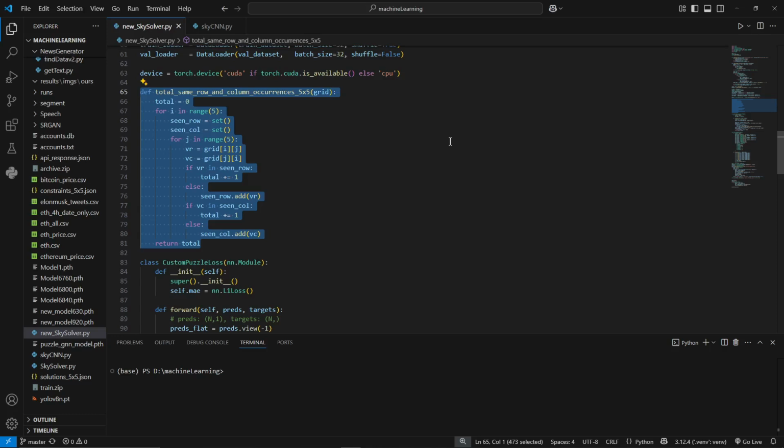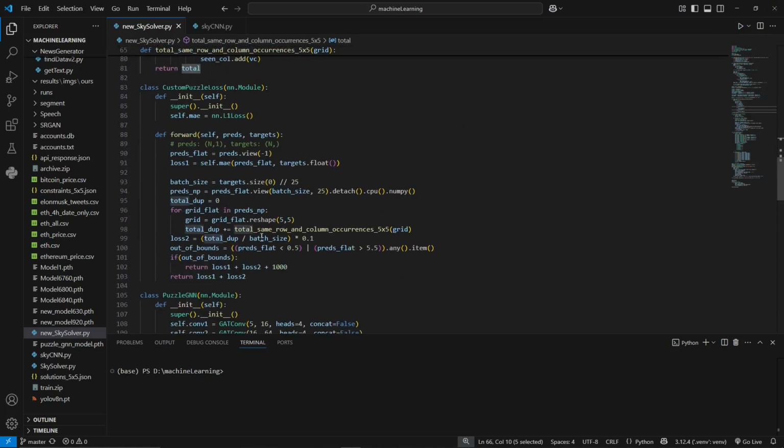This basically counts the amount of the same value occurring in the same row or in the same column. So if the same value occurs twice in the same row, this total will be 1. And we add that as the loss, and I have assigned a weight of 0.1